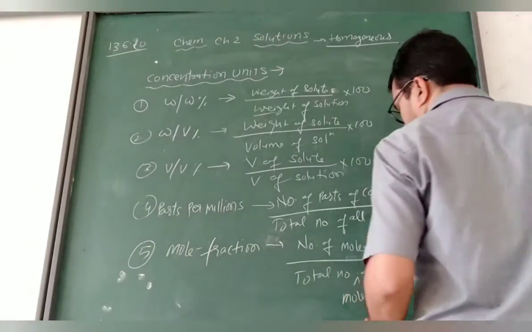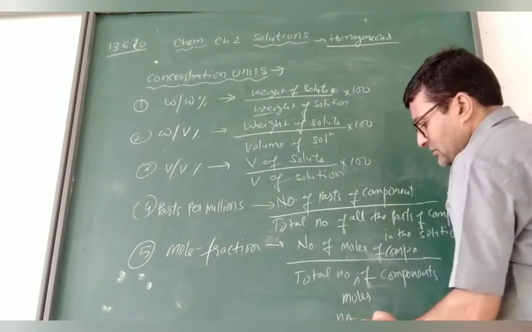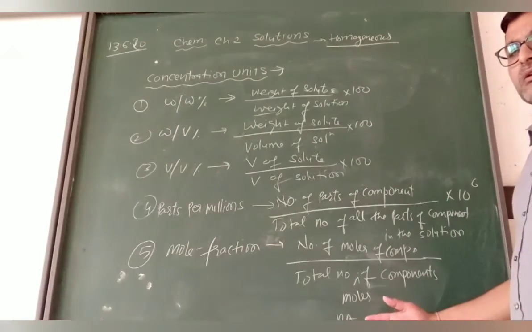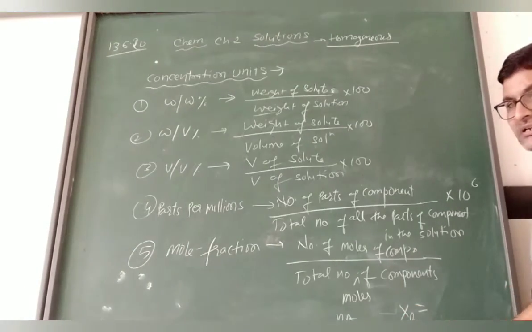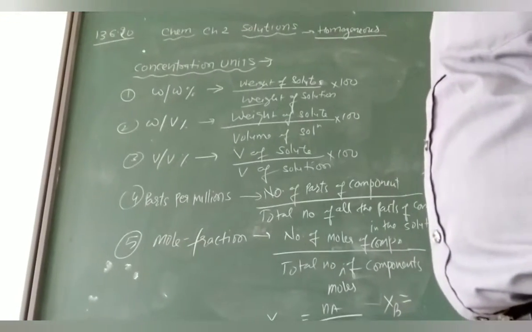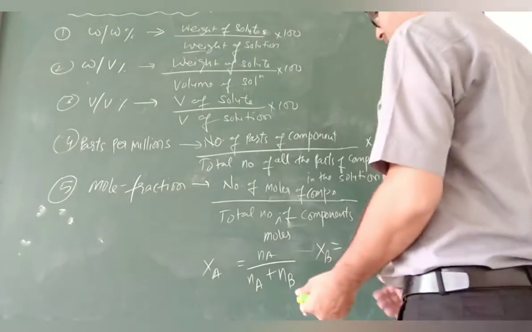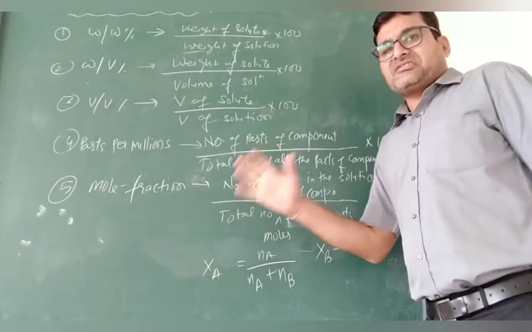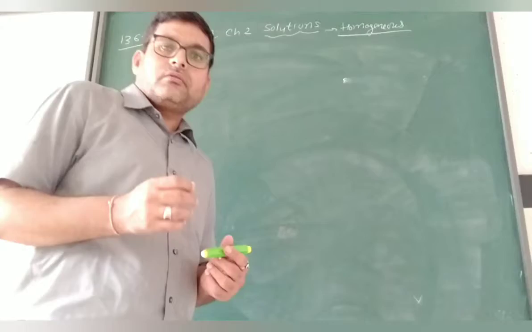We can write it like we are finding the mole fraction of A. Here moles of A, and suppose two components are there, so moles of A and moles of B. Suppose we need to find the mole fraction of B, that will become XB. You can find it by moles of B upon moles of A plus B. So it becomes XB, right? So this is called mole fraction, right?